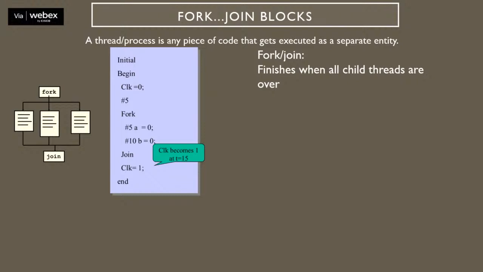Generally in Verilog, you have begin end that has been used, and fork and join. Begin end are used where the statements written inside them are executed sequentially. But when we go to fork and join,